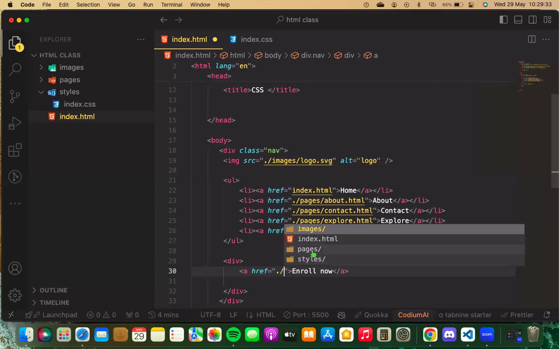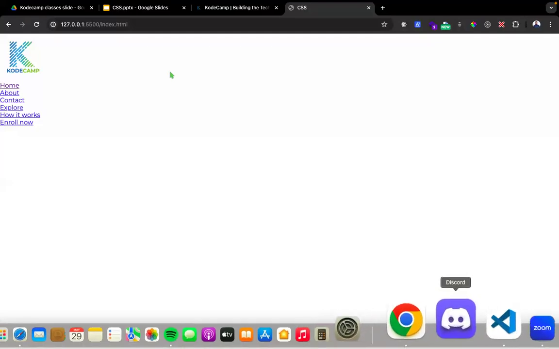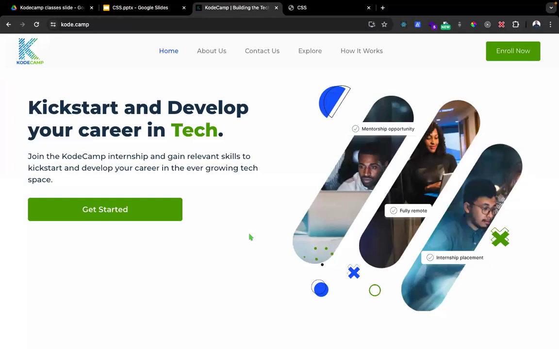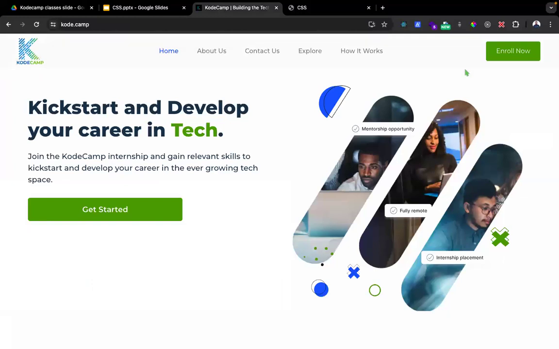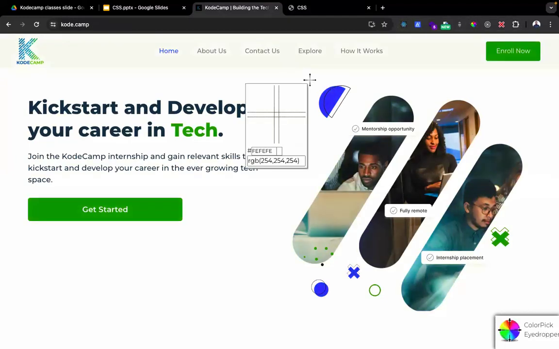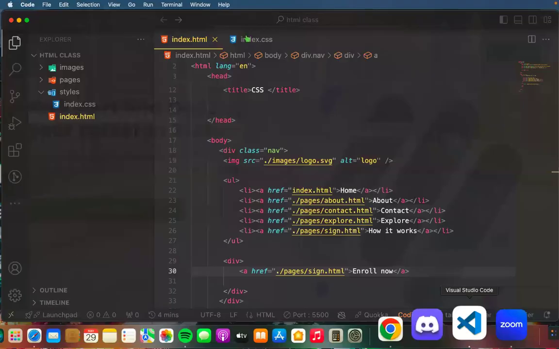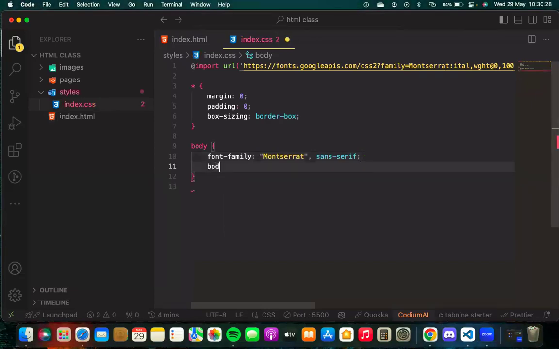So what do we have at the top here? We can see that each one of them is spaced around. There's a background color of white. Let me use a color picker to check the particular color of the background to be sure. Okay, the background color is white, which we are going to use. Let's set that in the body element, so the background color of our web page